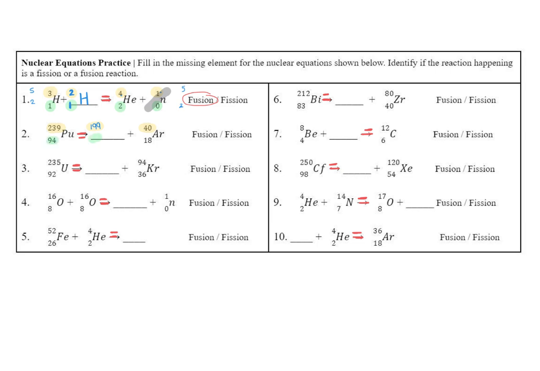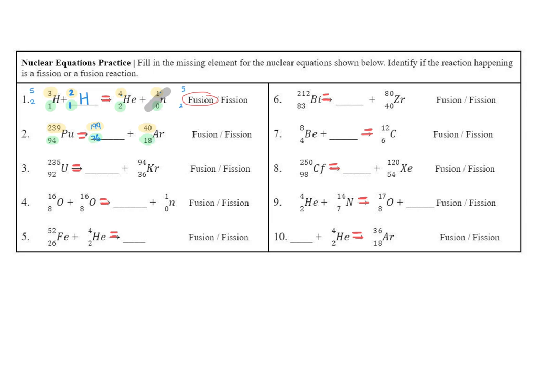Then we do the same thing for the bottom number. 94 equals my new number plus 18. And remember, we drew in the equal sign. So I need to do what number plus 18 gives me 94. Or you could do 94 minus 18. However it works in your head is fine. Just always double check. So when I do 94 minus 18, I get 76. Let's double check. Is 76 plus 18 94?